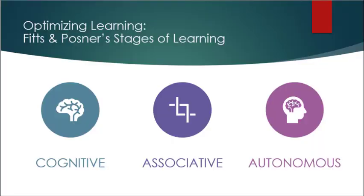module. Now, there are many models and strategies to optimize motor skill development and learning. The one we'll focus on in this module is Fitts and Posner's stages of learning. Essentially, they have described 3 stages of learning: cognitive, associative, and autonomous. Let's take a look at what each of these stages incorporate and how we can apply that to designing a